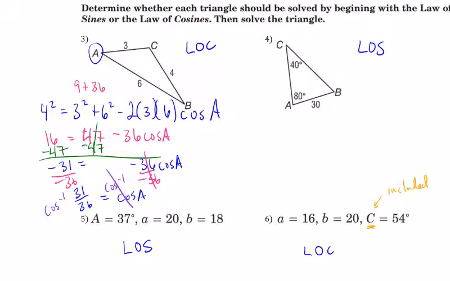And so we get A equals cosine inverse of 31 over 36, which is approximately 30.55, so it'll be 31. We could store the other values if we want to. So now that we have 31 as angle A,